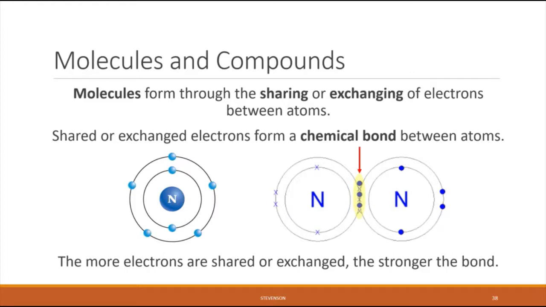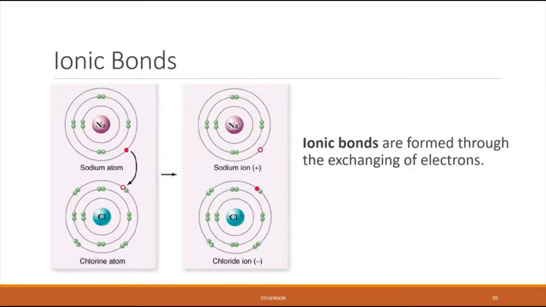Now there's a different name for the bonds that are formed depending upon whether a molecule is formed on the basis of sharing or exchanging. An ionic bond is formed through the exchanging of electrons between 2 atoms. So what we just saw on the last slide was sharing. An ionic bond is formed through exchanging, meaning that one atom gives up an electron and the other one receives